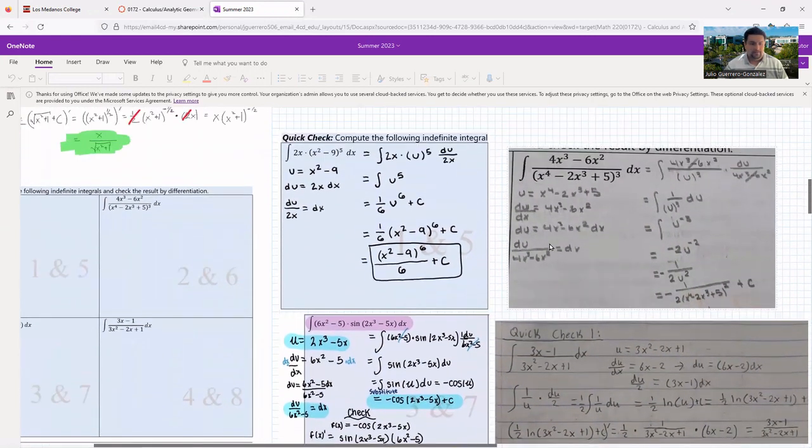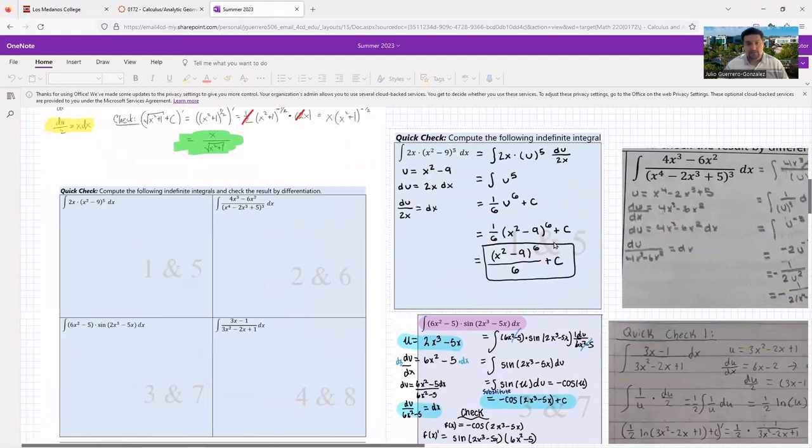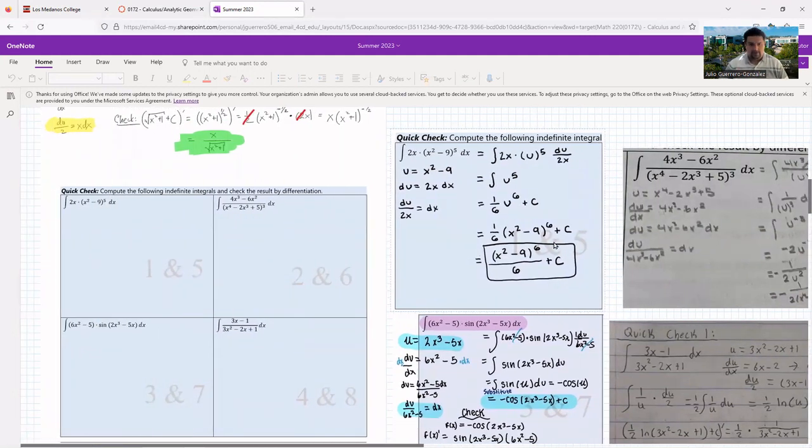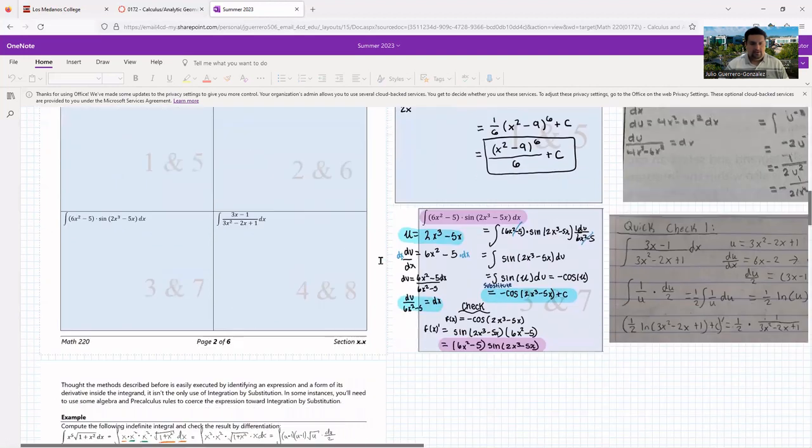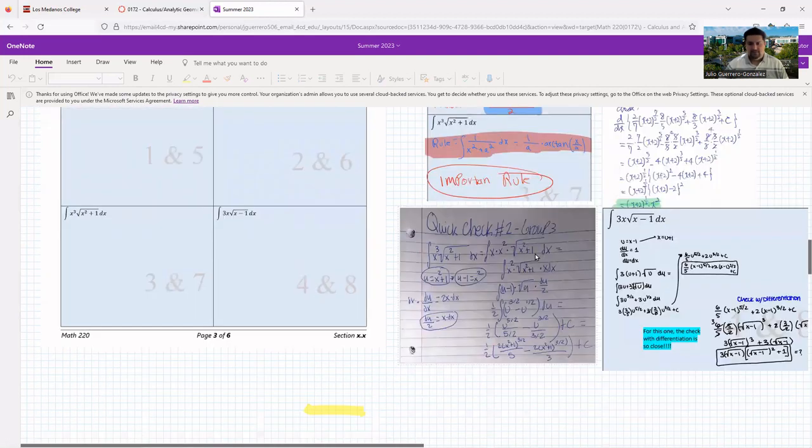So like I said, if you need more study material, if you're not sure how this is supposed to work out, or if you're not sure how to do these problems, then go to the notes. And not only is the solution to your problem up there now, the solutions to the other problems, all the other quick checks, are up there too. So if you need more practice, this is where you would come, okay? In many cases,